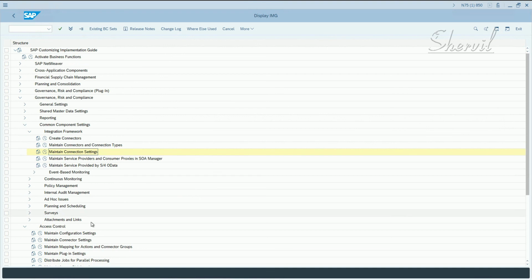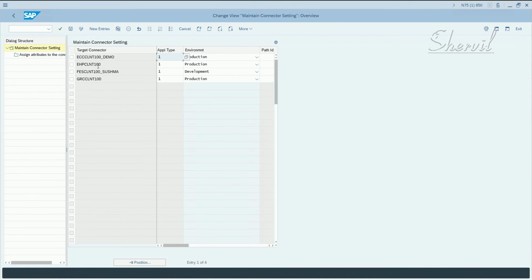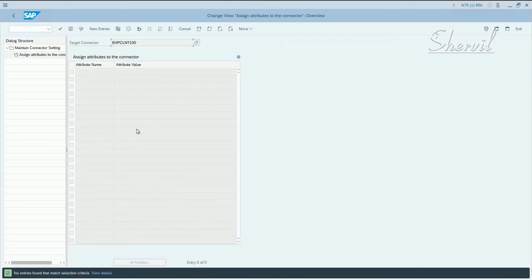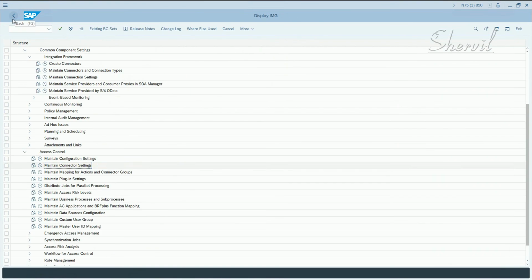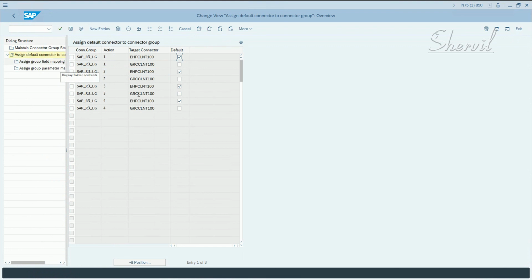Now if you come here, connector settings, select. There's nothing to be done here. One of the last steps you need to do is, for logical groups, you have to specify the action and then the target connector for that particular logical group.